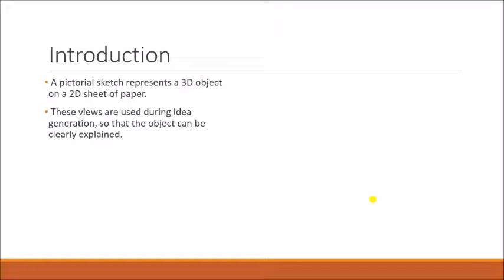For example, if you have an idea and you have converted that idea into a drawing, and you need to explain that component to a customer using the drawing, you cannot draw three or different views of it and show him. It will be very difficult for him to understand. For that reason, we convert it into a 3D representation of the object, so that we can explain all its views, its length, width, height, thickness, whatever it is. So we can easily explain the drawing to the customer.